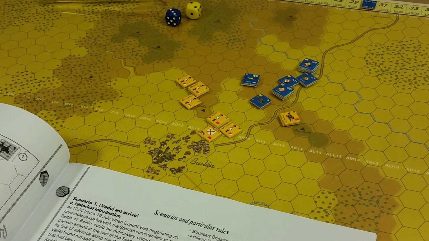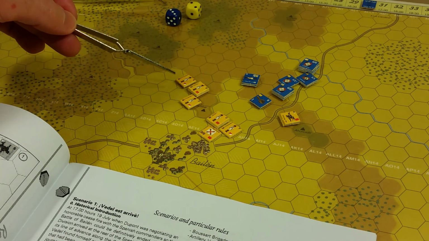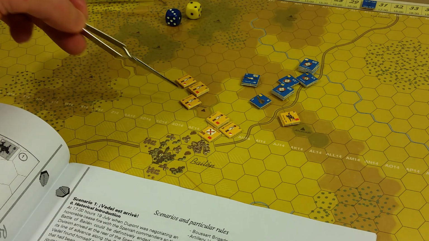Orders. There is no orders phase in the first turn anyways, so we'll only get to the second turn of this battle scenario anyways. But Spanish, all units defense, I think, it's got to be. So these are units from different